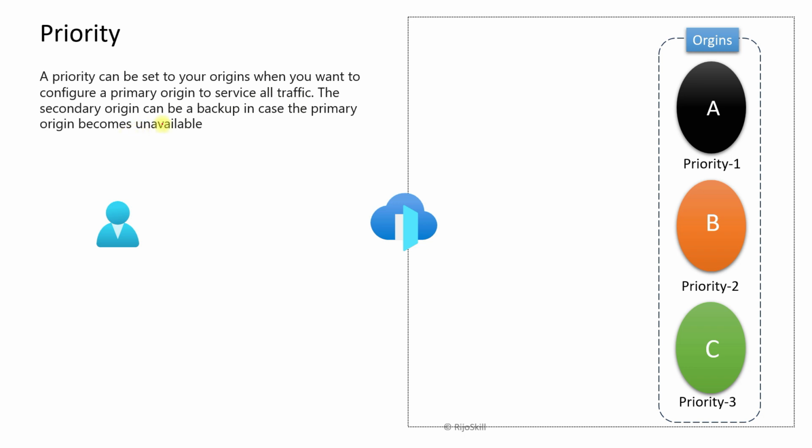The secondary origin can be the backup in case the primary origin becomes unavailable. For example, you have three origins like A, B and C. So you set the priority: priority 1, priority 2 and priority 3. What happens when the user needs to access any web application like rejoskill.com, then the traffic will